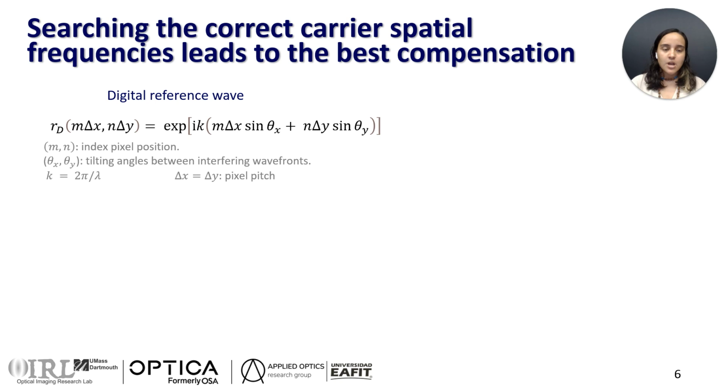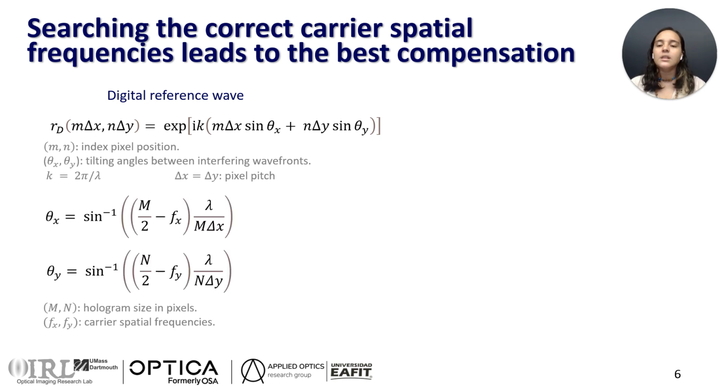Then we perform several compensations, one with each of the points within this mesh. Here we're searching for the compensation that has the fewest phase jumps, but that does not necessarily mean it is the best of all. So once we find it, we perform another search, this time smaller,